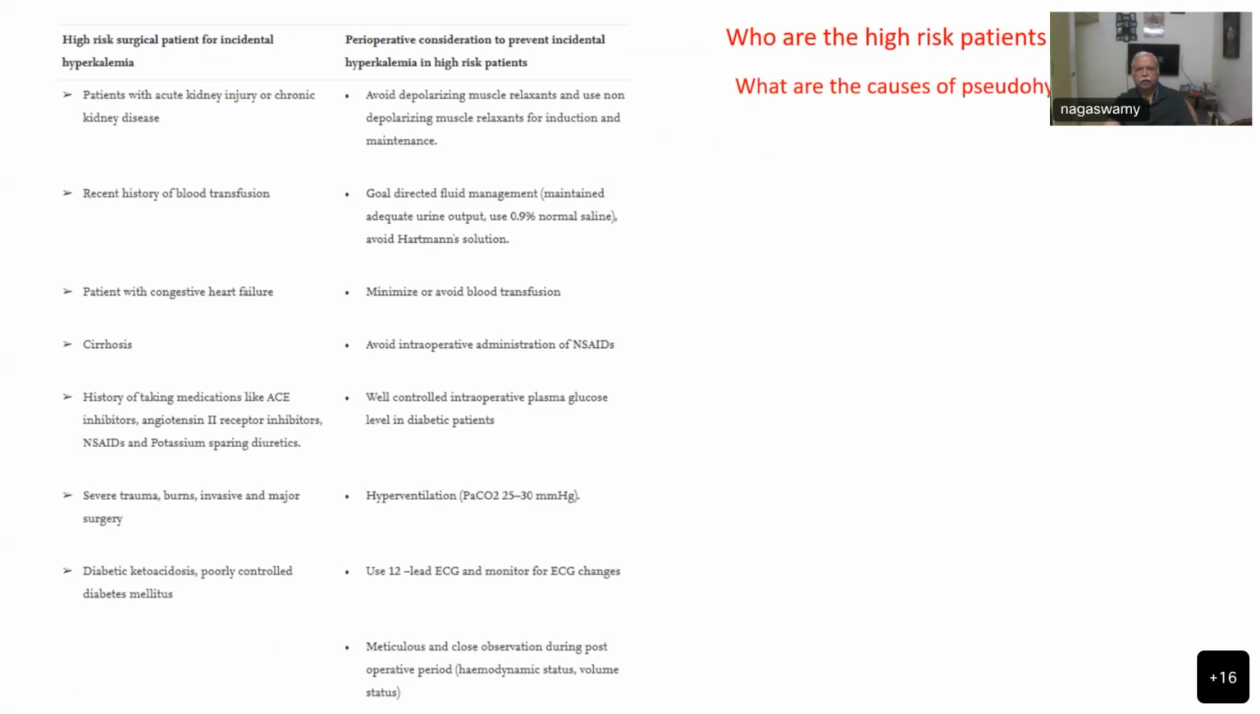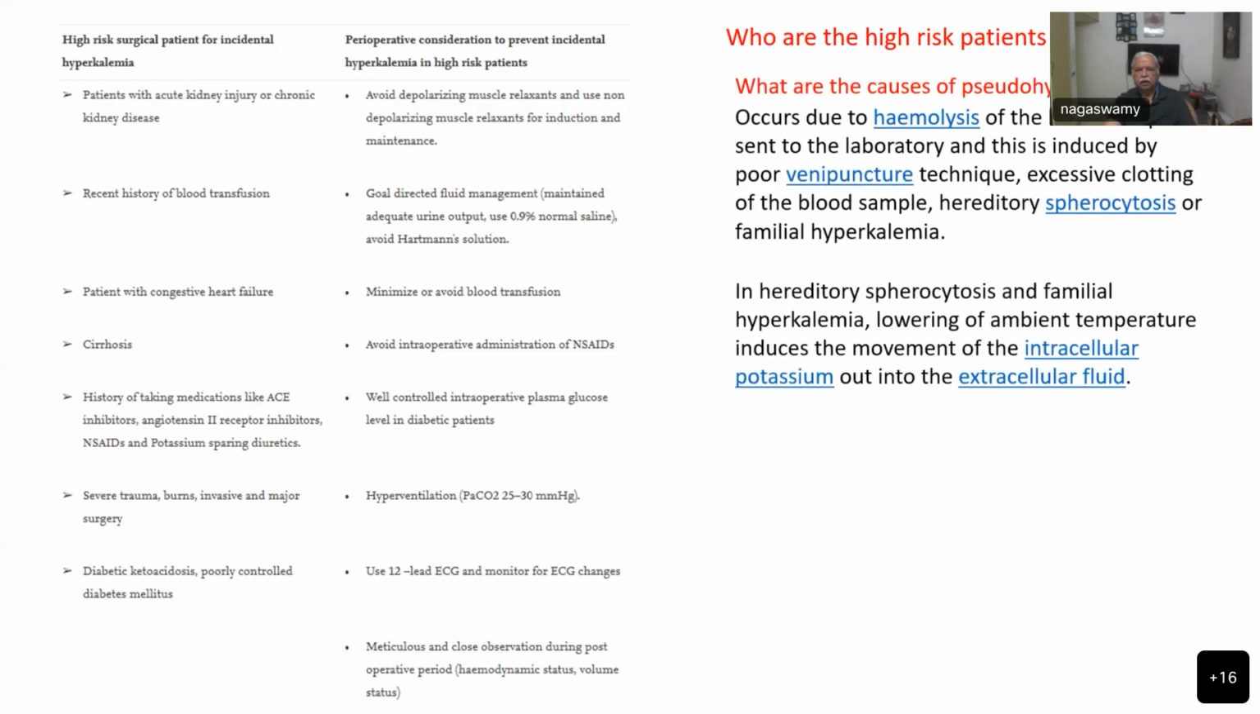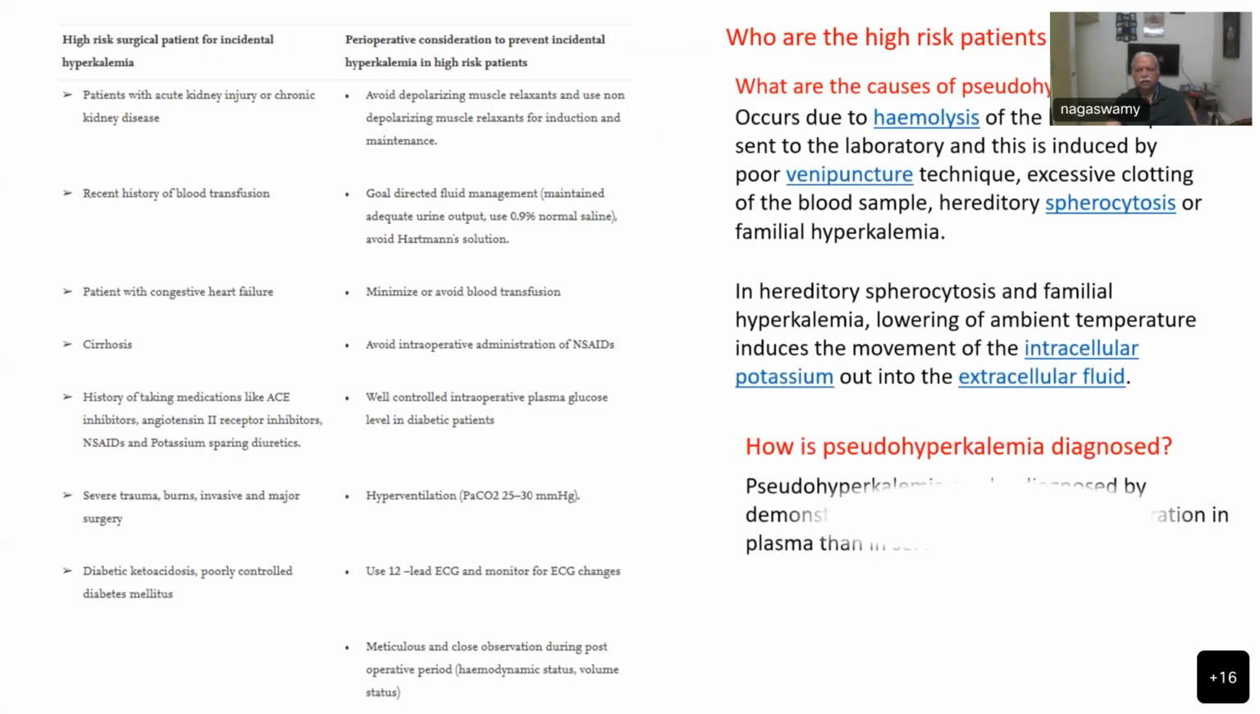and how they are to be prepared before surgery. And there is a condition called pseudohyperkalemia, which he described, which occurs due to hemolysis while collecting the blood sample, and it can also occur in hereditary spherocytosis and familial pseudohyperkalemia, because when the ambient temperature is low, intracellular potassium extrudes out. So how do you diagnose pseudohyperkalemia? The answer is you have to measure the